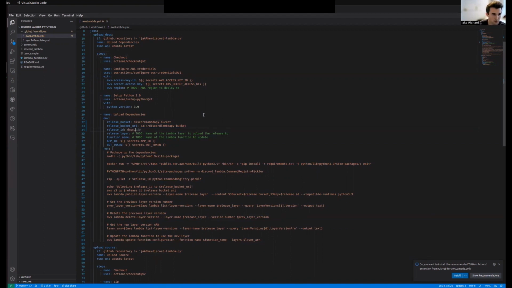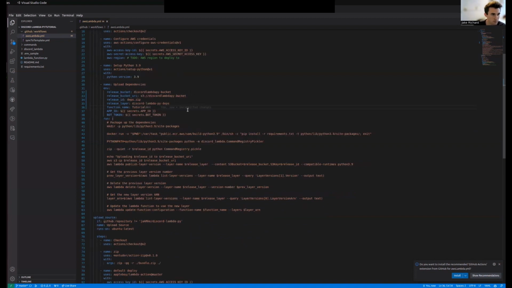We're going to call it deps.zip. Here we specify the name of the Lambda layer it should be uploaded to. This doesn't particularly matter, but for this tutorial, we'll call it Lambda Pi deps. And function name is the name of the Lambda function that you set up earlier, in this case, just tutorial.